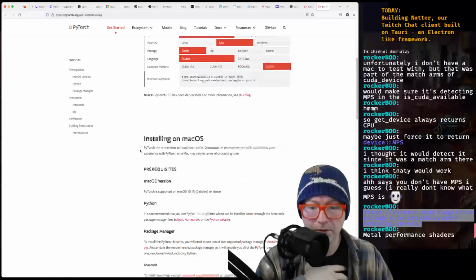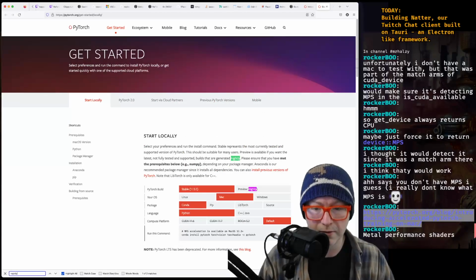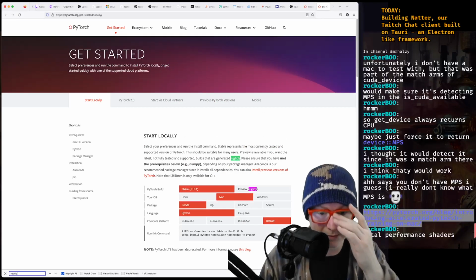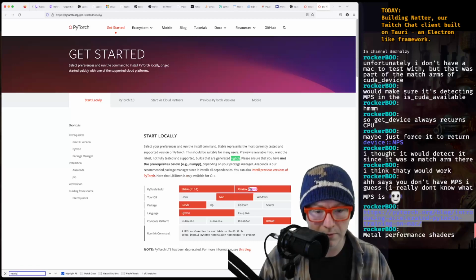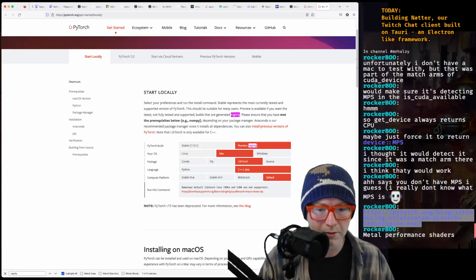Installing nightly. Oh, I want that. I'm on a Mac. Goodness. Package? libtorch?